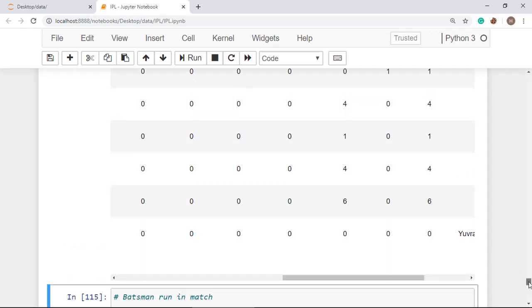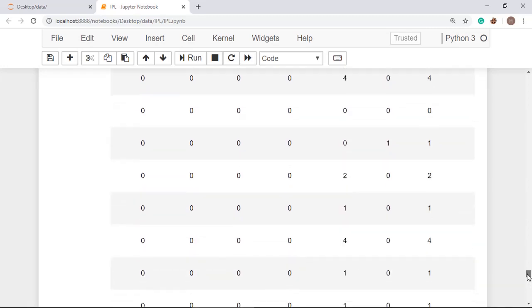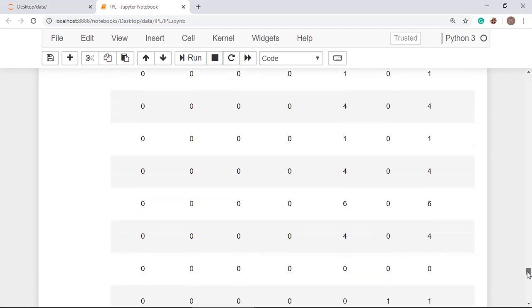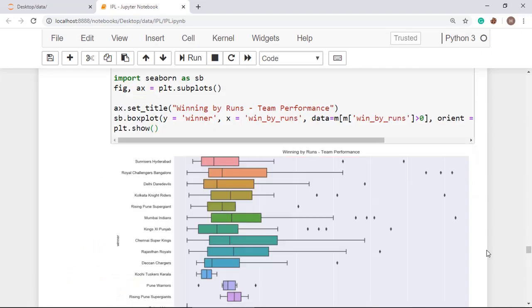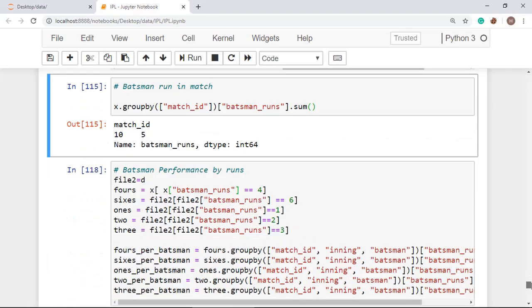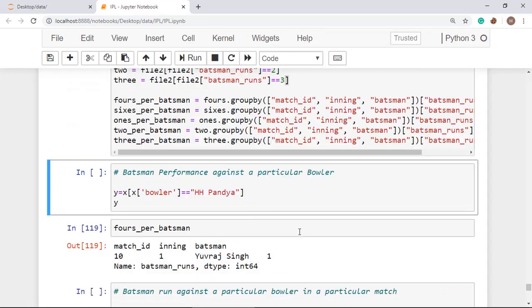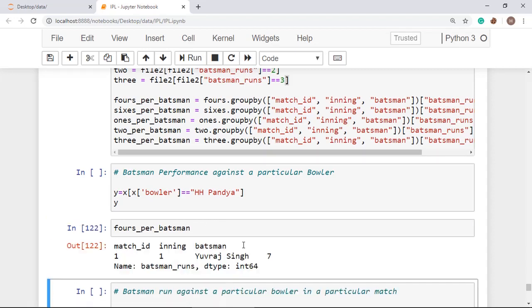till now, 2 fours, 1 six, 3 fours, 1 six, 2 sixes, 3 fours, 4 fours, 2 sixes, 5 fours, 2 sixes, 3 sixes, 5 fours, and so 7 fours and 3 sixes. All right, and you can get it by applying the syntax also. For this you have to replace file 2 with X. If you apply file 2, then it will operate on the whole file. Okay, run this cell and it will display 7.